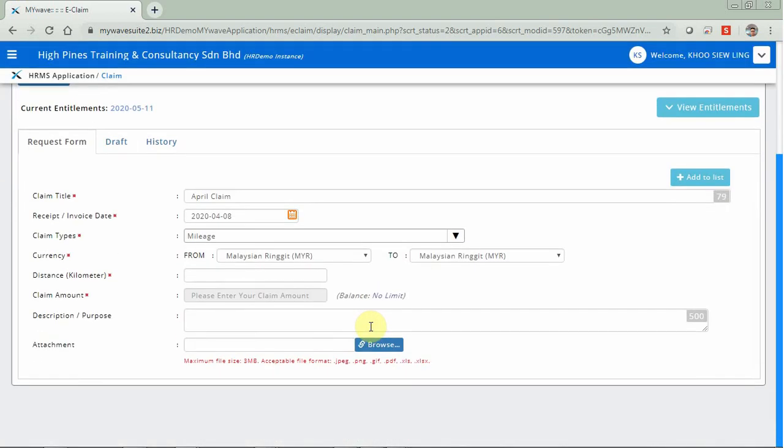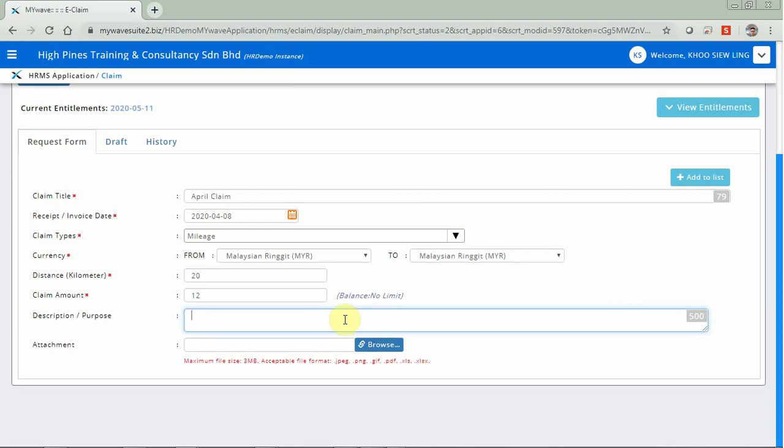because for my understanding, there are still a lot of company employees who will need to calculate the claim amount for the distance that they have traveled, and then HR will need to verify them again for the approval. So in this system, all employees need to do is type in their travel distance, such as 20 kilometers, and then the claim amount will be automatically calculated according to the rate that's set by the company, and then